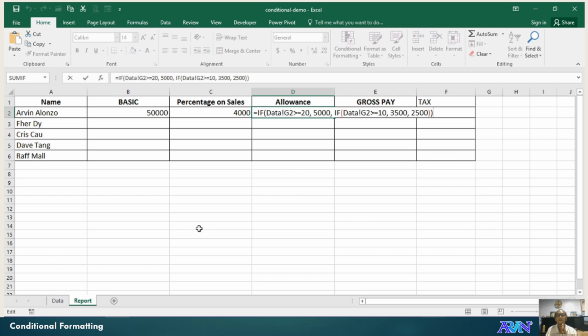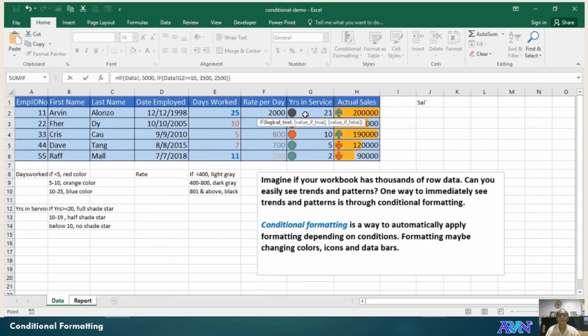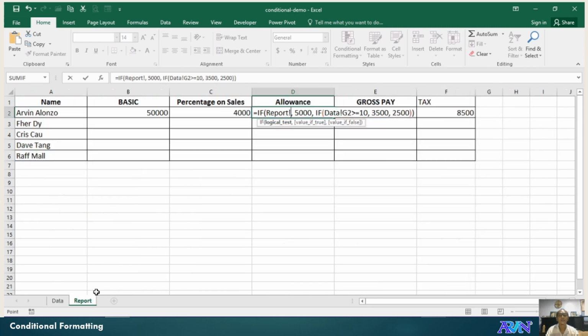IF function, but this function has already a nested IF. It's already a nested IF. There are already 3 conditions here. Here, the condition is if data G2 is greater than or equal to 20. What's G2 in the data? G2 is the years in service. So, okay. So, if data G2